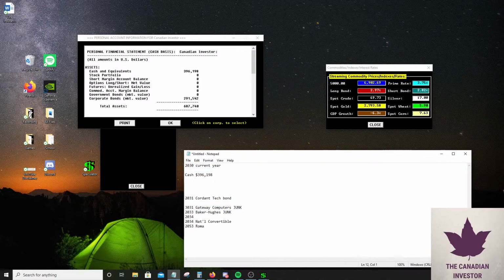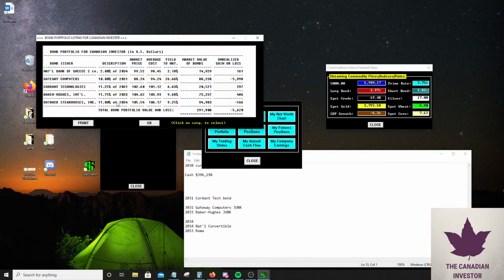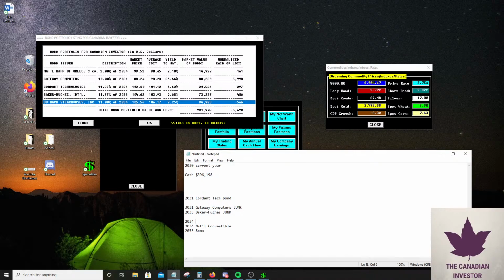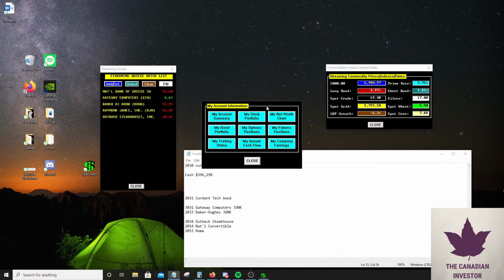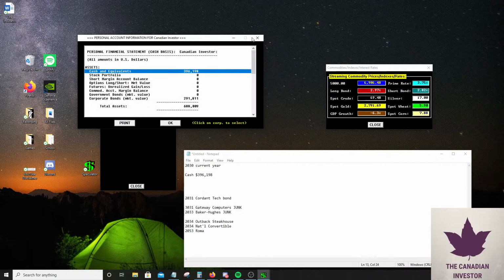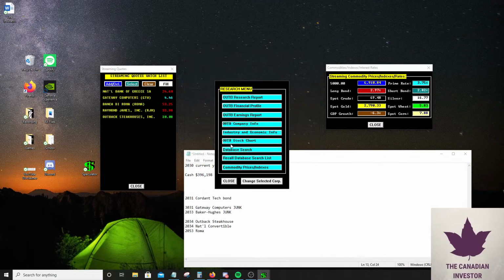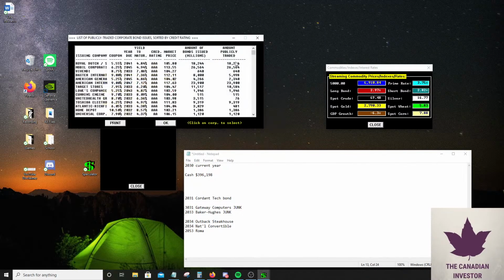Oh, yeah, I can see why I separated these two, just because these are the two junk bonds I have in my portfolio. So we bought a 2034 recently, which is Outback Steakhouse, right? Yep. It pays about 9% a year. So that could potentially be a great idea for us. And we have about 396,000. I want to keep at least 200,000 in cash, just in case I see a good deal.